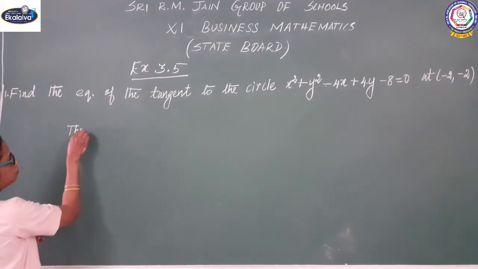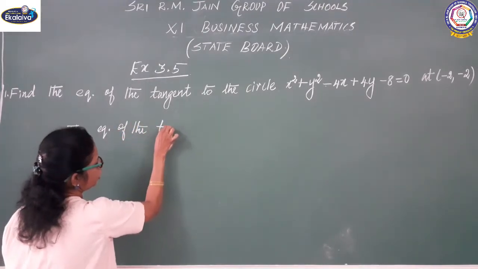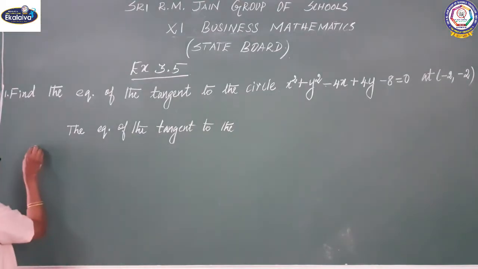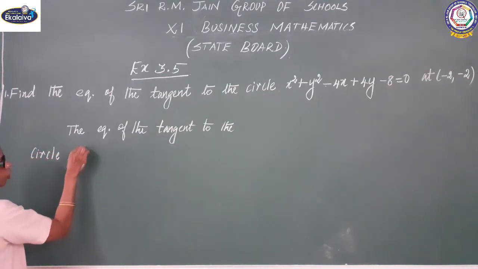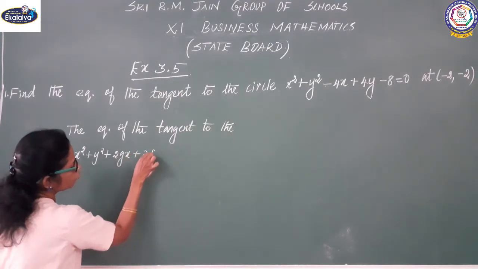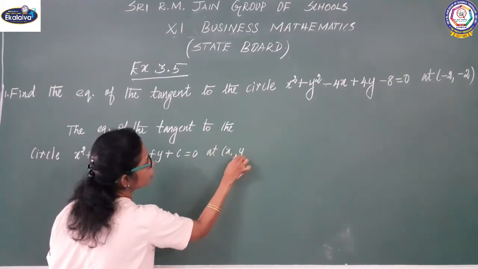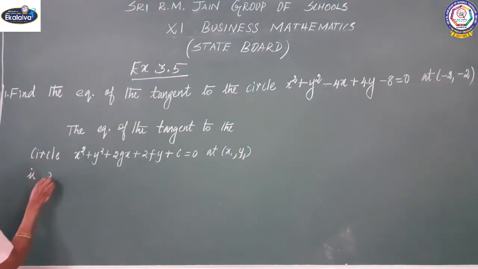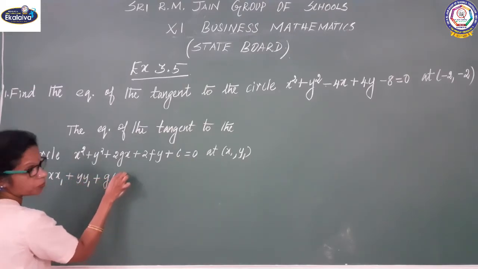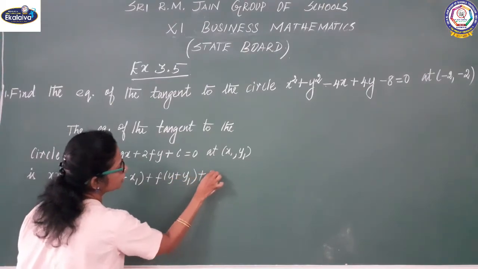The equation of the tangent to the circle x square plus y square plus 2gx plus 2fy plus c is equal to 0 at (x1, y1) is xx1 plus yy1 plus g into (x plus x1) plus f into (y plus y1) plus c is equal to